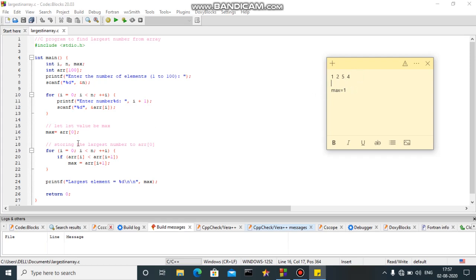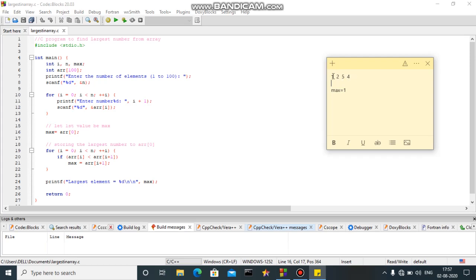Moving towards checking the for loop for the main logic, the value of i would be 0. Let's check this condition, that is array of i, that is array of 0, is less than array of i plus 1, that is 2.